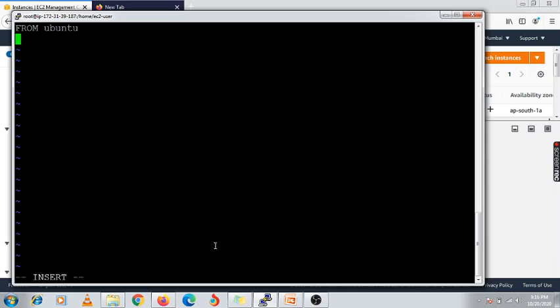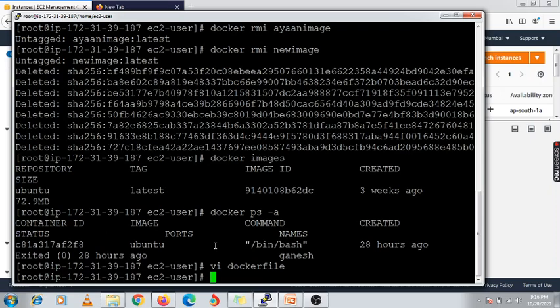Then I'm going to mention VOLUME and a square bracket. Under that I'm going to create one volume with the name. Volume is nothing but your directory, right? So the directory name I am specifying is Ganesh, in double inverted commas, and I close my square bracket. Okay, I'm saving this configuration.